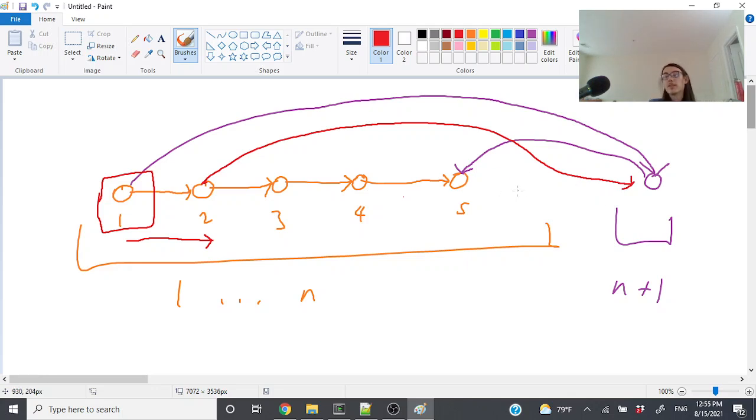Well, again, we have to visit the rest of the orange nodes, and we can no longer consider n plus 1 because we've already visited it. So we need a node that can reach the rest of the orange nodes, and the only node that does that is 3. So the only other possibility is really that we